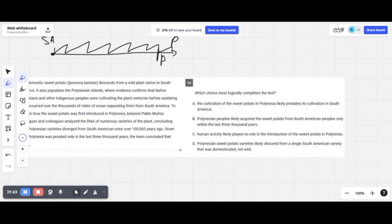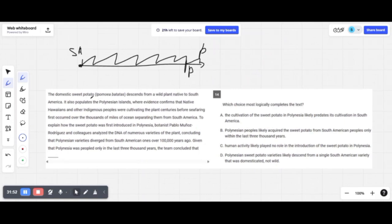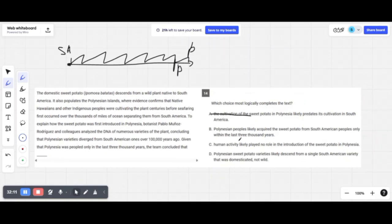The cultivation of the sweet potato in Polynesia likely predates its cultivation in South America. So we cannot really infer it because it is clearly said that the domestic sweet potato descends from a wild plant native to South America. And what's more, there was no seafaring, so it couldn't have been first cultivated in the Polynesian islands. So this one is false. Polynesian peoples likely acquired the sweet potato from South American peoples only within the last 3,000 years. So it's also incorrect because we know that people started populating those Polynesian islands